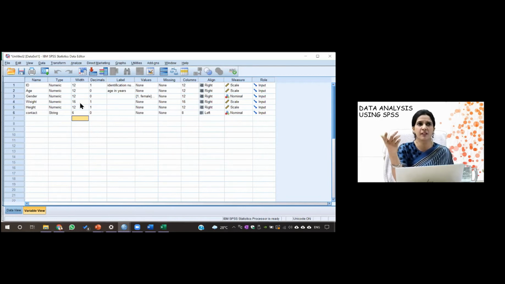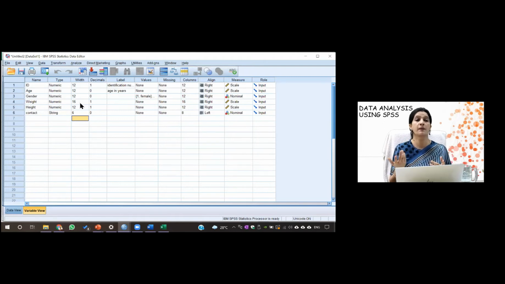Normally we never use a string variable except for zip code. Like if I am doing a community-based study where I want a Google location of a particular case or spot mapping, in that case I want a zip code. Like we did one analysis of HIV where we had the zip code of all 35,000 people, and we plotted that on a map of Bihar. So in that case, you may need the string or a phone number or contact.